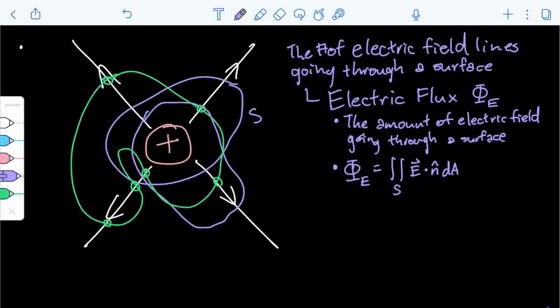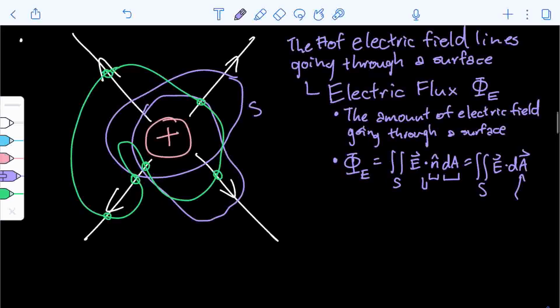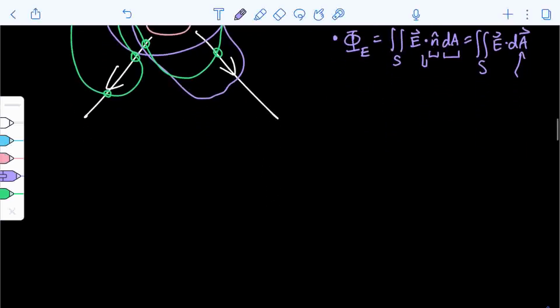Now, that's really complicated. Like, why is there an n hat? What is this? Why is there a dot product? And you might also see it written as the surface integral over E dot dA. Why is A a vector? What does it even mean? So, first, let's actually talk about that. And let's talk about electric flux first in the simplest of cases before we start having to deal with the integrals. And that is, we have a flat plane